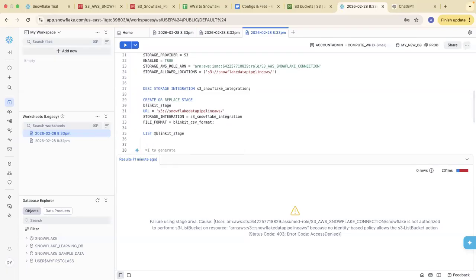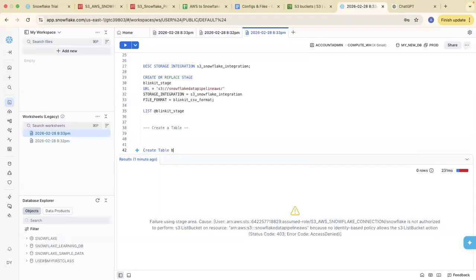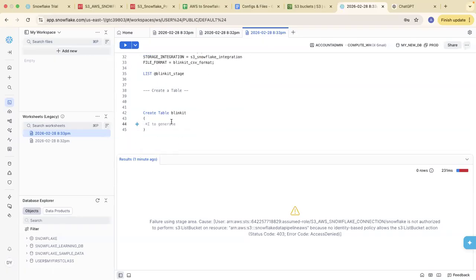After this, the final step that you have to do is create a table, and table creation will be simple: create table, and the table name, let's say, is Blinkit. Inside this table creation, you will write all the columns that are there in your CSV file in your S3 bucket, and you will give the data type.